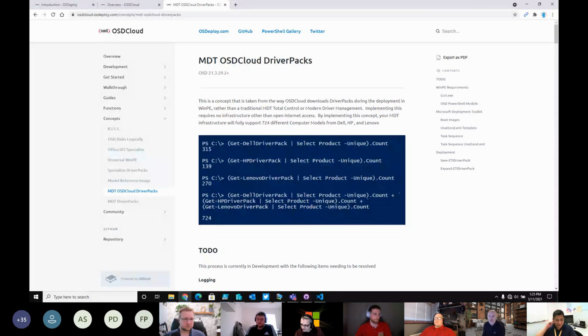There is the OSD module, but really it's more or less designed to give you a clean image and give you a good handoff to out-of-box experience. And from there, you should be able to pick up with Autopilot and then have a task sequence apply to your Autopilot configuration and do it that way.